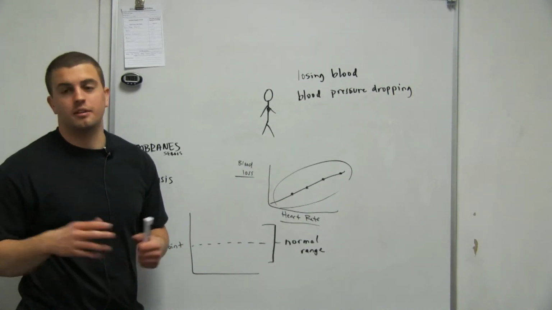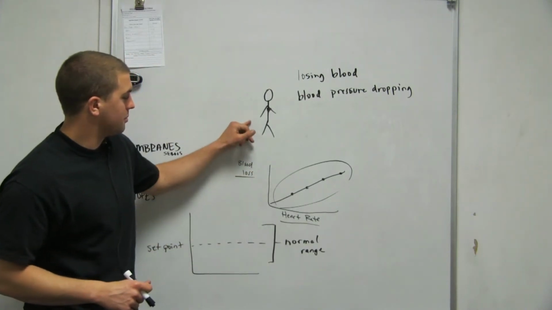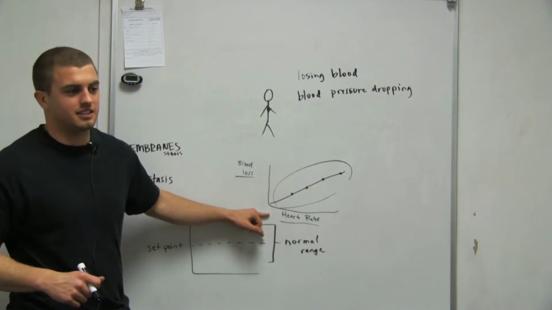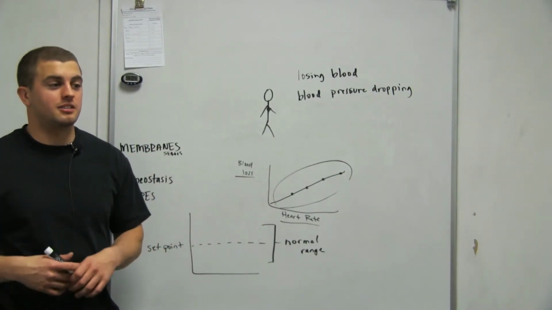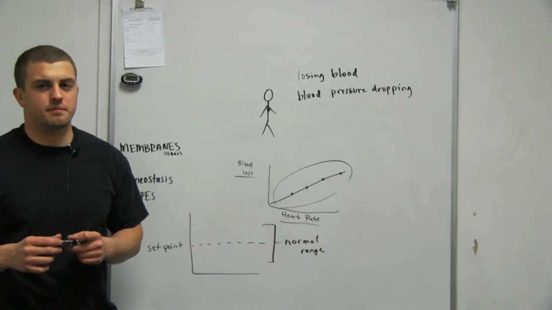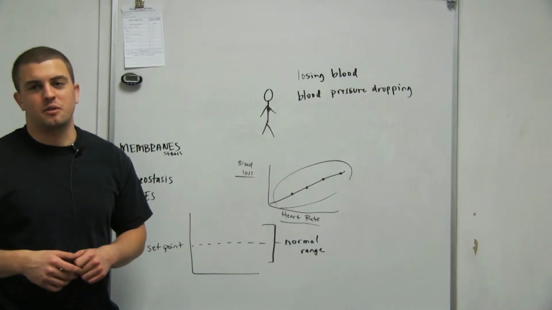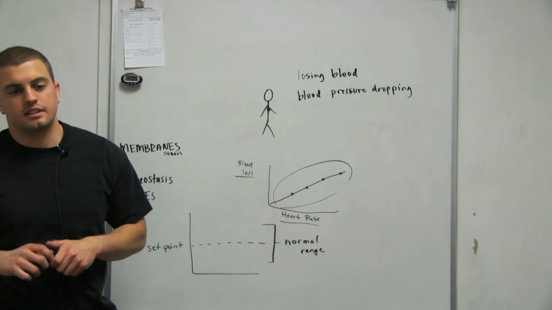Or positive feedback, sorry. It will be positive feedback because if he continues to bleed and his heart rate continues to increase, he's going to pump blood out even quicker and quicker and quicker to the point where you die from loss of blood, right? So that question's tricky. But you could see something like that on the test.